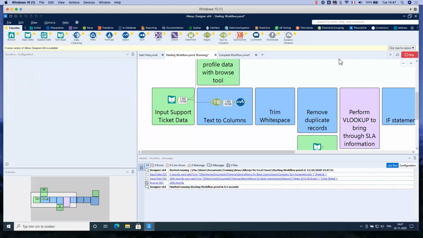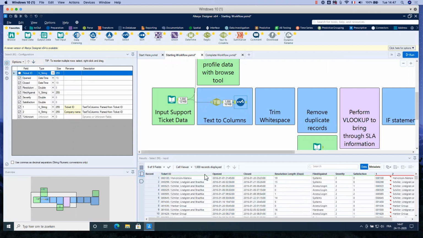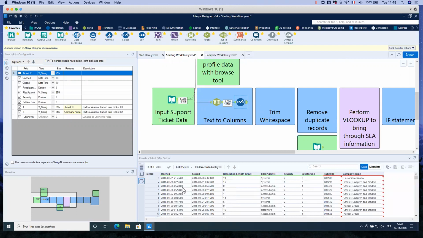So I run it. And now I see that my first column, so if I click the answer before, ticket ID is still there, and I have columns 1 and 2. And if I click after, then ticket ID, my first column disappeared, and I have these columns renamed. Okay, I will wait just a minute to be sure that everybody gets that.